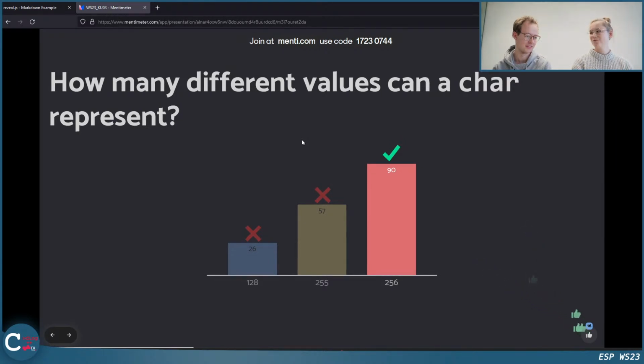It's 256. 255 is the maximum value, but you can also represent 0. So it's 256 values. And that's because we have 8 bits, and with 8 bits we have 256 values. And why would 128 be an answer that somebody selects? If we have a signed character, then 127 is the maximum value and negative 128 is the minimum.